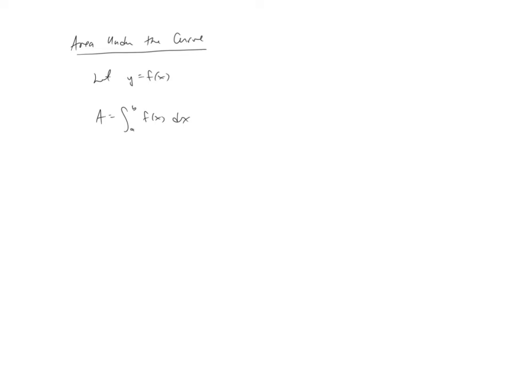Now, we'll take this a little bit further. We know that f of x is equal to y, so I'm going to change that to y dx, and we're still going from a to b, since we technically still have dx in the integral. But now if we move a little bit further, and we let x equal f of t and y